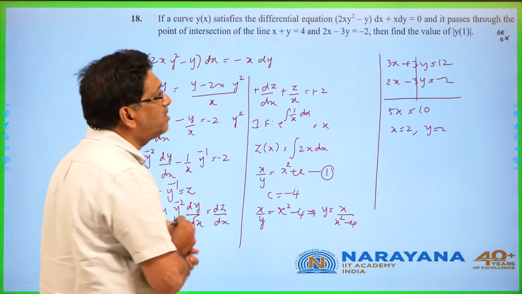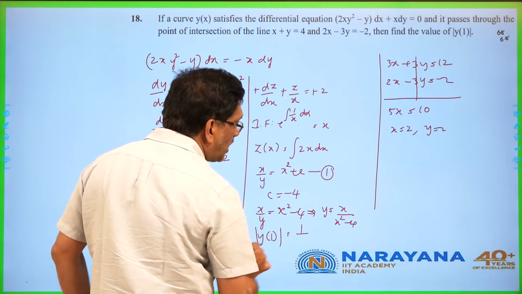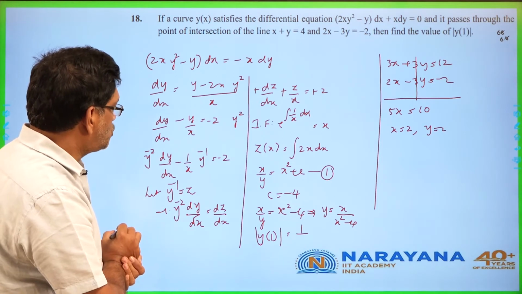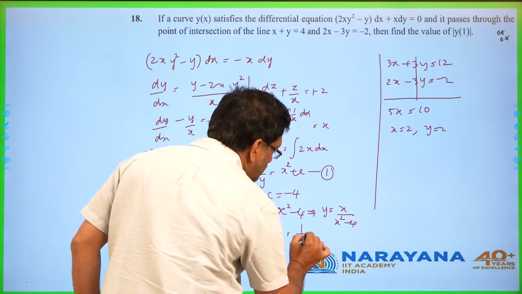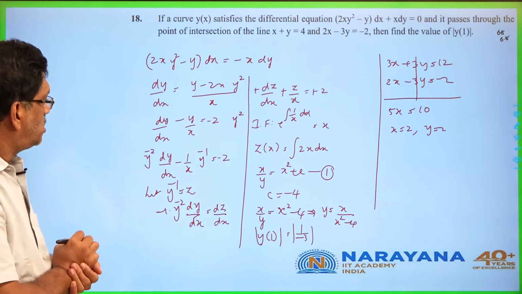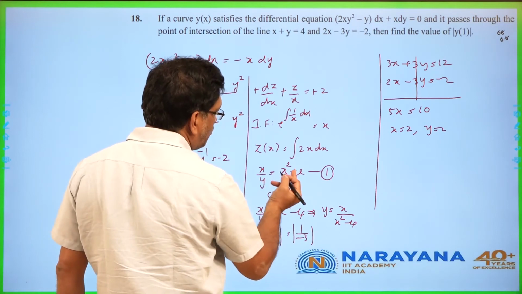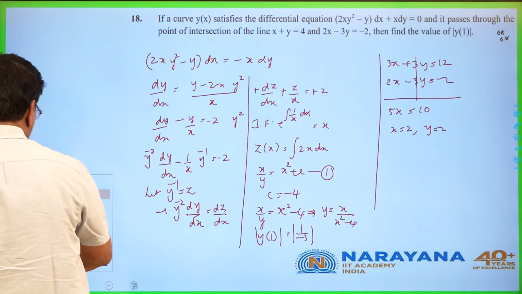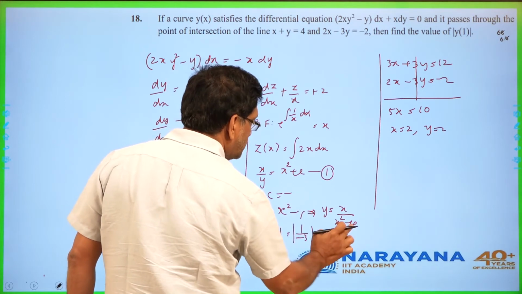But at the end he is asking y of 1. Of course, mod. It is 1 by 1 minus 4. Right? So, it is y of 1 by minus 4. That is minus 3. Of course, mod. It is passing through so and so point. This is 1, and here it is 4. If you bring it to the other side, here it is C. It is 1 minus 4. This is like this, like this.